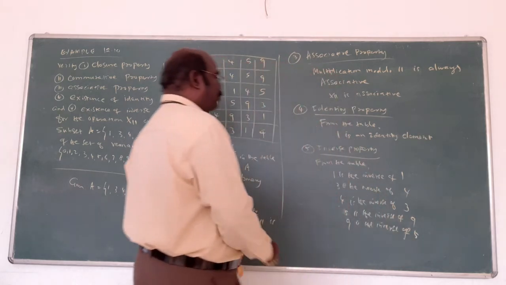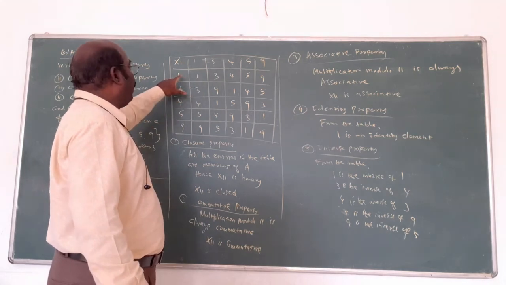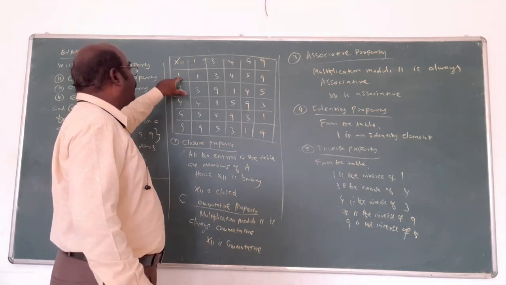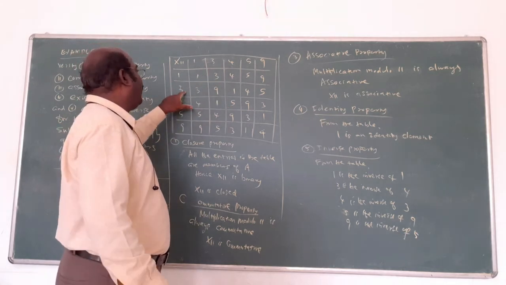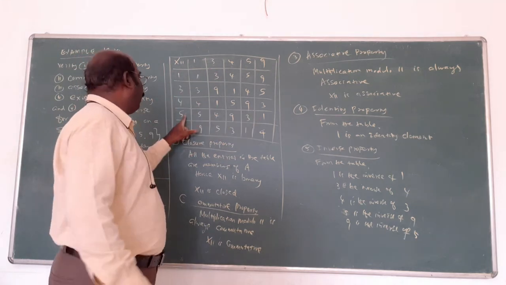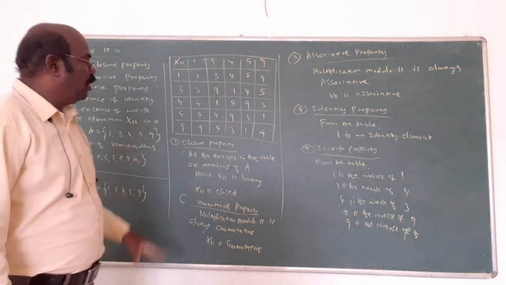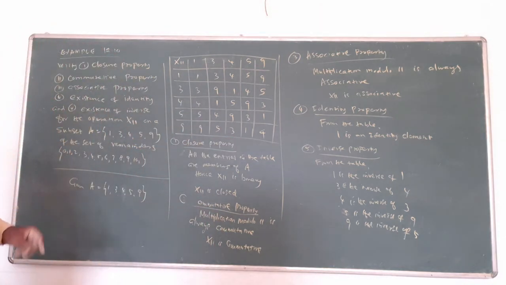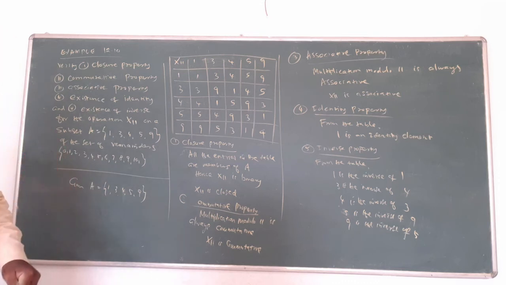Where is 1 coming? Here 1 is coming when you multiply; this is equal to 1. That's why this is the inverse of this one. Multiply 3 with 4, here 1 is there, so 3 is the inverse of 4. 4 is the inverse of 3. 5 is the inverse of 9, 9 is the inverse of 5. Very simple concept. Both the problems use the same method. The addition modulo 5 and multiplication modulo 11. Read the question clearly, whether addition or multiplication.